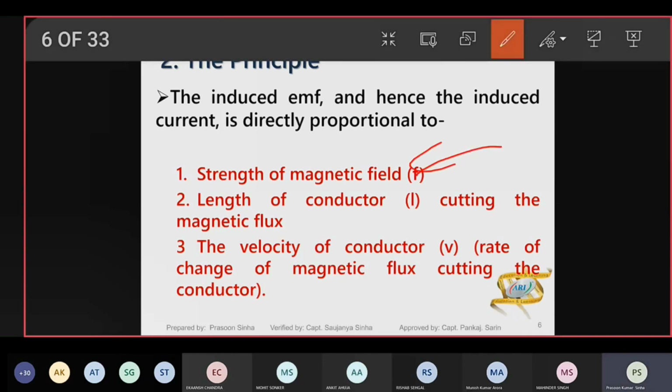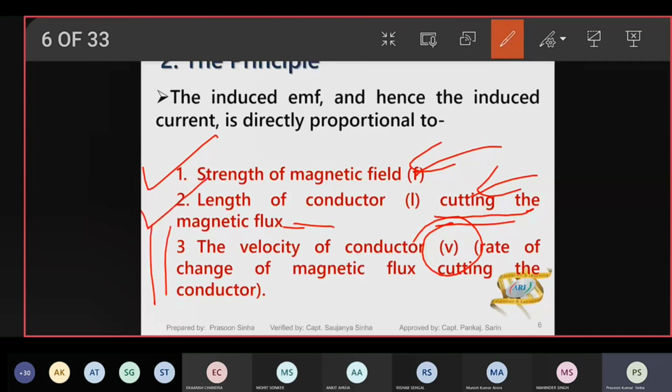First one is the strength of the magnetic field, length of the conductor, which cuts the lines of force. ऐसा नहीं कि बाहर निकला हुआ है तो उसका काउंट नहीं होगा, only that much of length which is inside the magnetic flux. And third one is the velocity v, which is basically rate of change of magnetic flux. In most cases, you would understand that the strength of the magnetic field will be fixed. ये fixed होएगा. Length will be fixed. So only variable is the velocity. और इसी का एडवांटेज हम उठाते हैं EM log में।